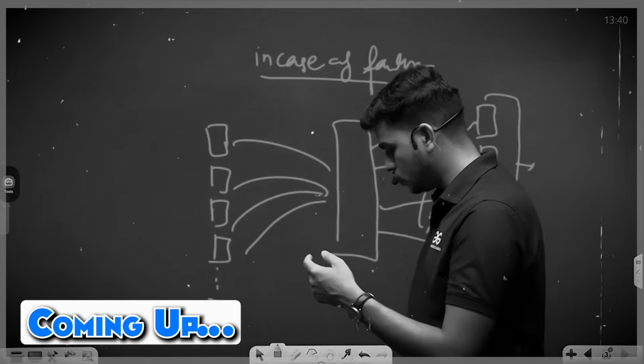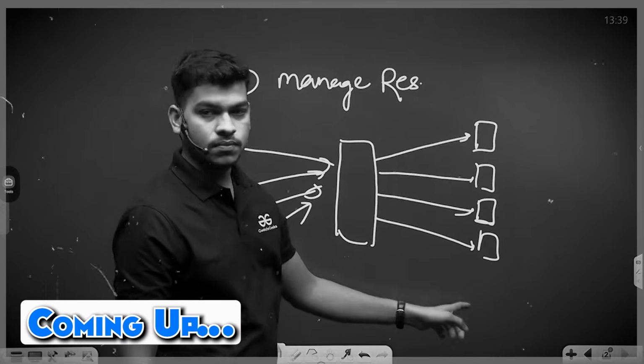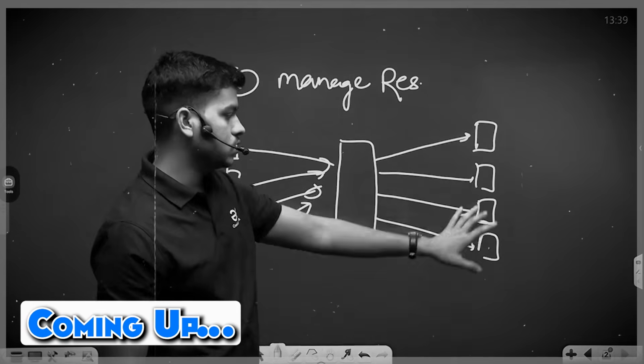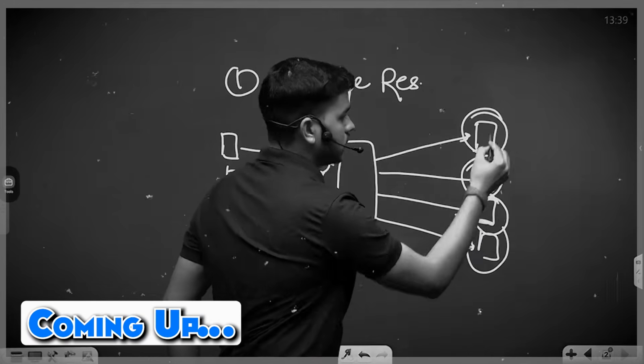What if the scenario is that one of the resources is added? All 4 requests will be divided into these 4 resources, so that none of the resources will face what is called overcrowding. Hello, in this video we are going to talk about load balancer: what it is, how we can use it, and what it does.